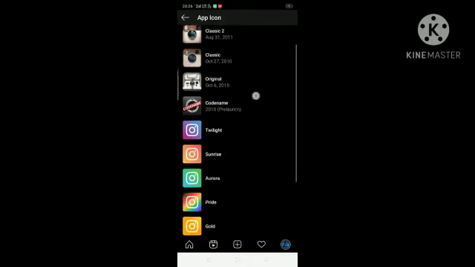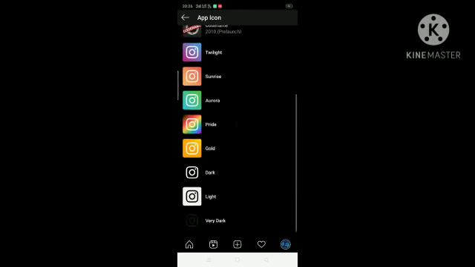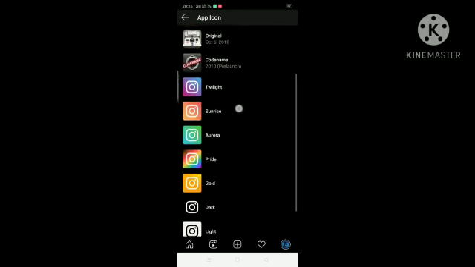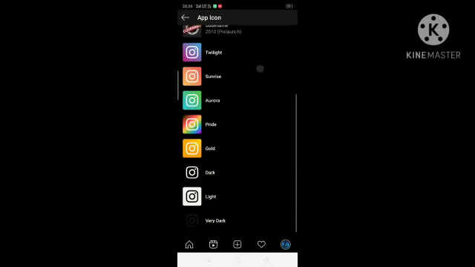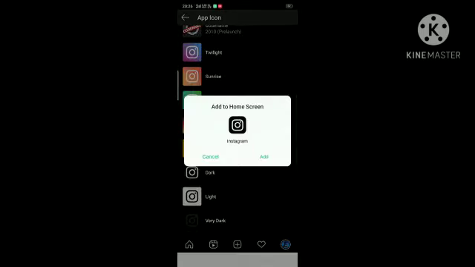If we are using an Android, you'll get a shortcut for Instagram, but if you're using an iOS device, the app icon itself gets updated. Now we can choose any of them, and when we click on an icon it will show add to home screen. We'll click on add,